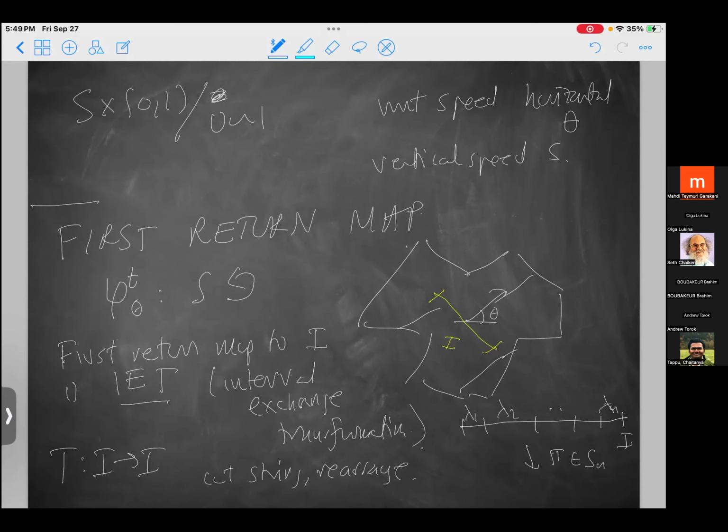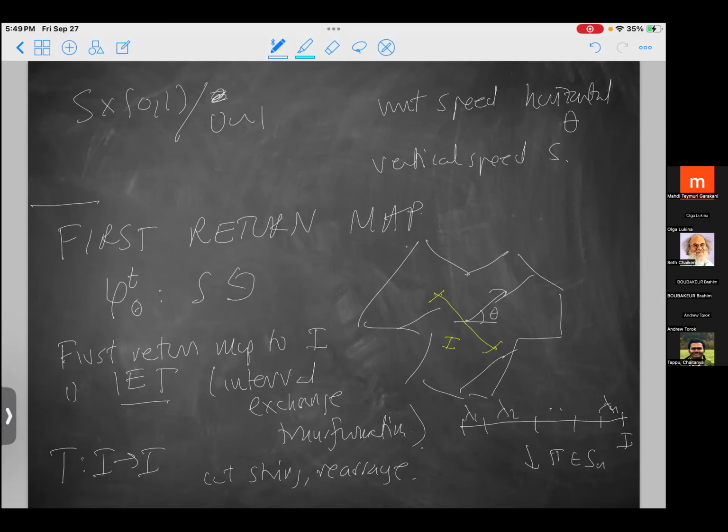And now of course, if I have this first return map on the surface, I could also think about the first return map on the I cross [0,1]. I could take this face, slice the prism, and look at the first return map of my flow, and say, oh, what time does it return to